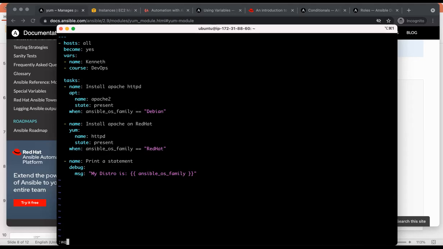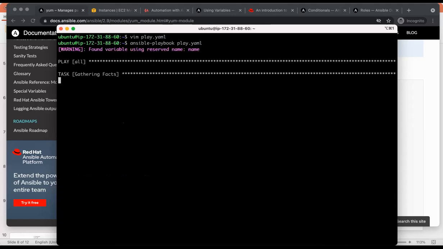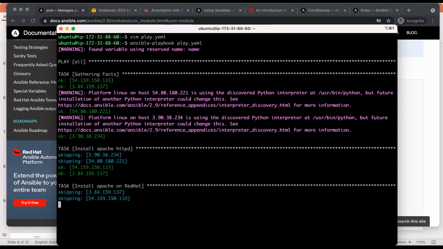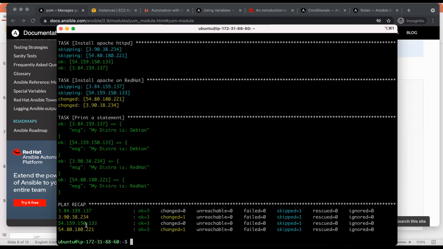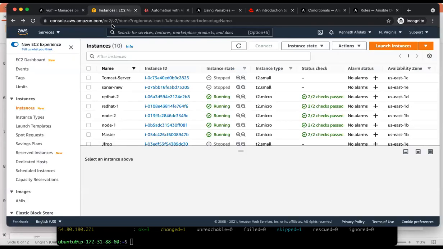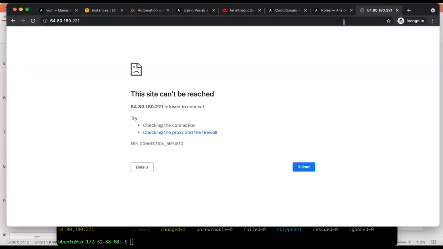So let me exit this again. I'm just going to run it with my other command. So you see it will install it on each and every one of them, so you see it's skipping two in terms of Apache, skip two, then it skipped the other one, but it was able to install it on this one. Now let's go back to our machine, our AWS environment, EC2, then let's go to one of the Red Hat and put the IP address in the public,